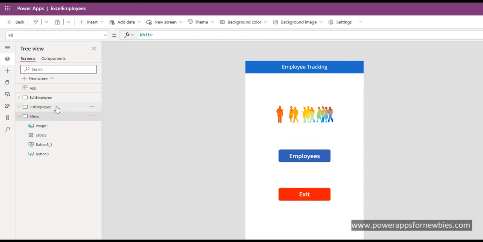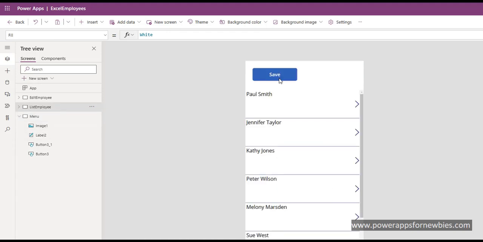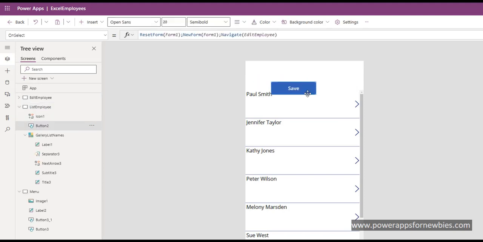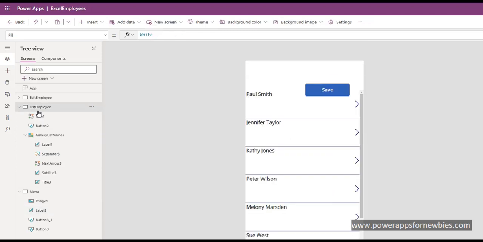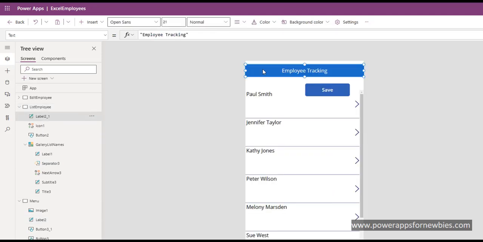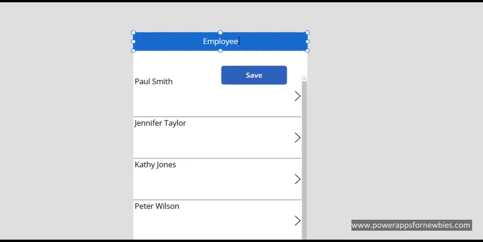So now if I come back to list employee, what I want to do is put a button on here which is going to navigate me back. But what I'll do first is I'll tidy it up with a label at the top. So I could take this label that I put on the menu, click on it and do Control C on the keyboard, come back to my list employee, I do Control V, and it puts it there. Or you can just insert a label at the top and change the colors and things. So I'm just going to change some of the words here. Just call it employees,